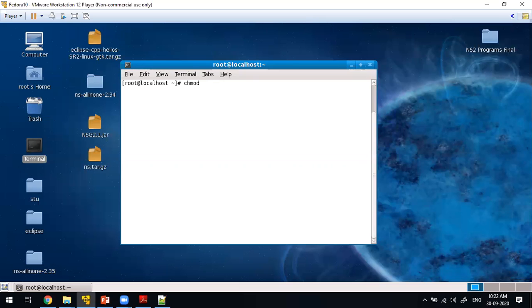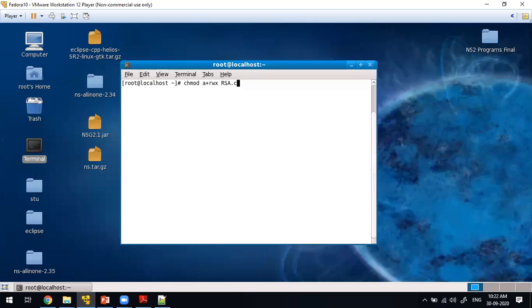There are two ways. In the relative way, it is user, group, owner. It is not mandatory to use all three; you can use any one, any two, or all three. Instead of UGO, if you don't like it, you can directly write A. A is nothing but all: user, group and others. Plus means to assign the permission, minus means to remove the permission. If you want to provide read permission, R; write permission, W; execute permission, X. Next, the file name, RSA dot C.